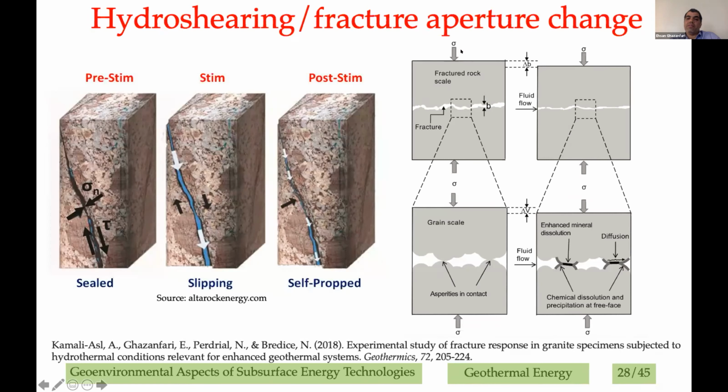On the schematic to the right, you can see how an existing fracture will close over time. Under in situ stresses, mineral dissolution and precipitation is one of the main mechanisms that lead to closure of fractures. As the fluid interacts with the hot rock, it will dissolve some of the minerals and precipitate them along the way. So this mineral precipitation is one of the key contributing mechanisms to closure of fractures, aside from closure under overburden stress and other mechanisms, including pressure solution.